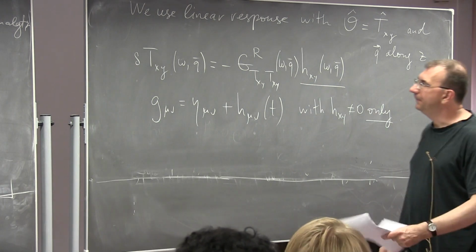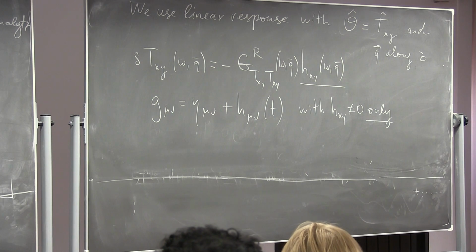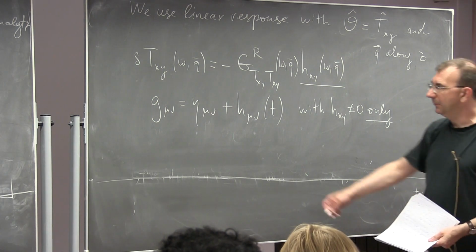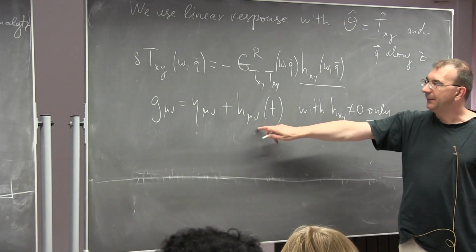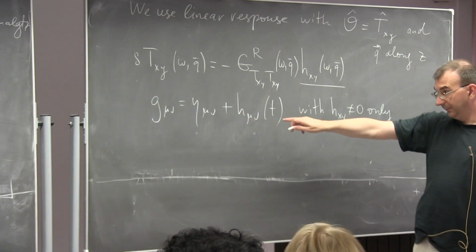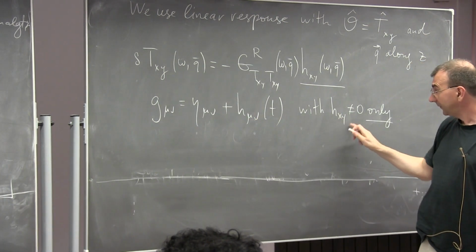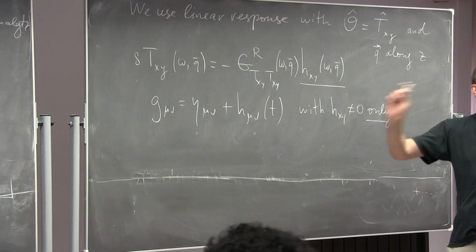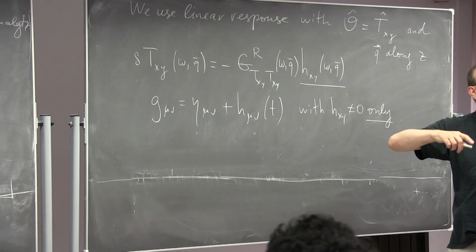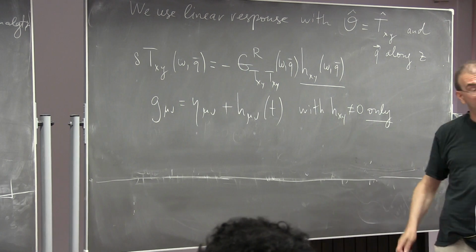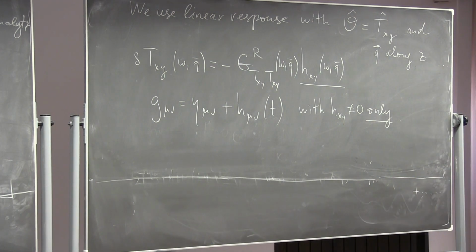You have to analyze this a little more carefully, whether you can decouple, because when you introduce, for example, a perturbation of the metric, you have to carefully see whether the fluctuations with a particular polarization, such as the xy components, decouple from any other components of h mu nu. Otherwise it may happen that some other components will be sourced by your solution for hxy, and this is not the case. In this case, nothing else appears, so you can safely put all other fluctuations to 0 and excite only this one, and this is due to the isotropy of the system in particular.